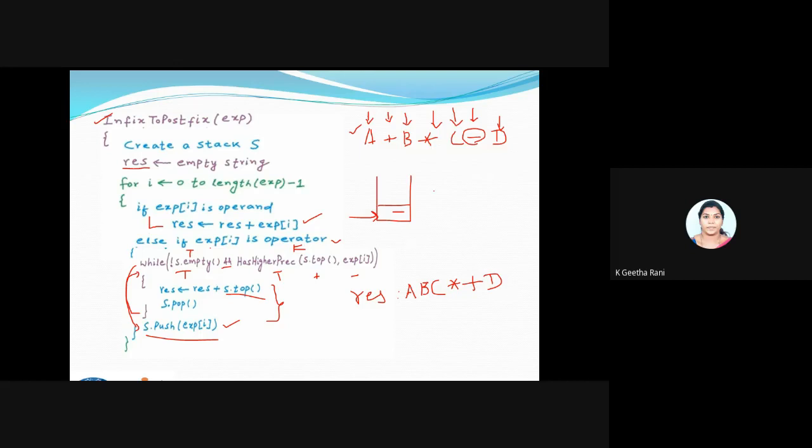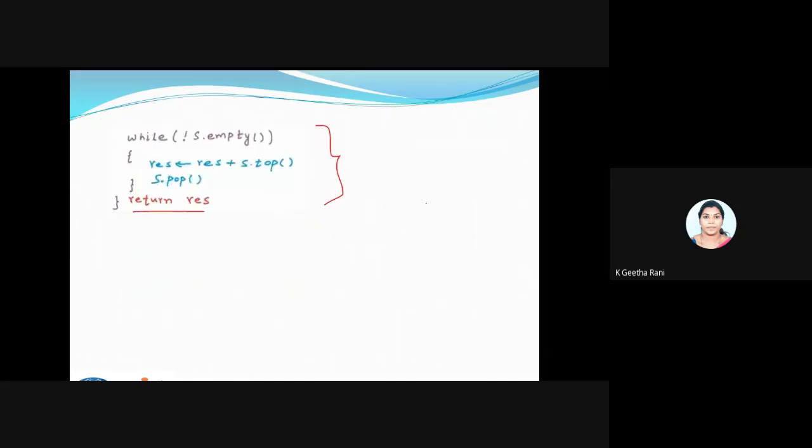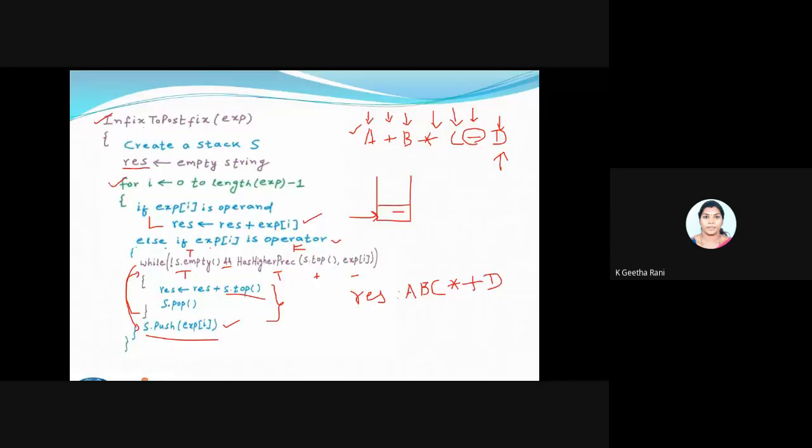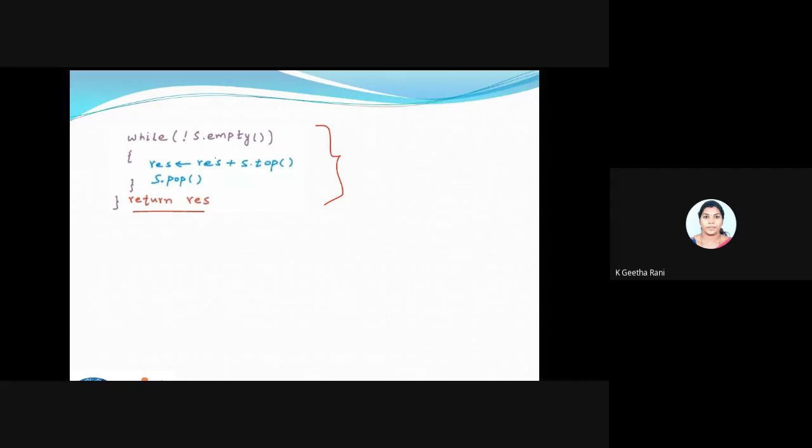Fine. Then what I will do actually, now this is the only operator inside my stack. Okay, for this I'm using this particular operation because I reached my end of my expression. Okay, so this for loop will not be working. So I'm checking whether there is anything inside my stack. Yeah, I'm having my minus here. So what I will do, if I'm having anything inside my stack, I will just add this along with my result and pop it out, and I'll be returning the result.